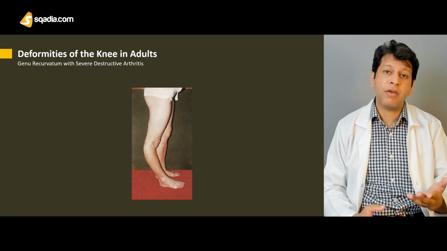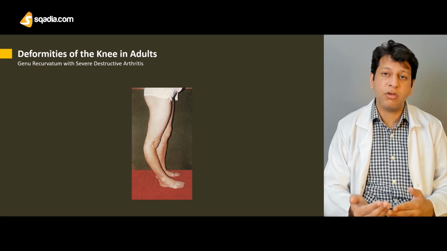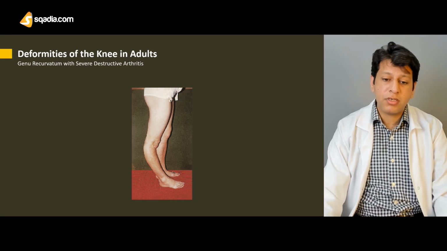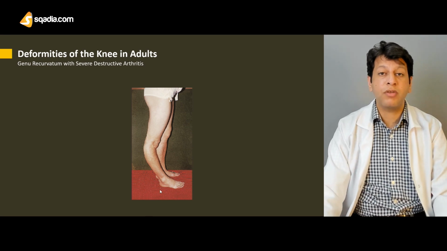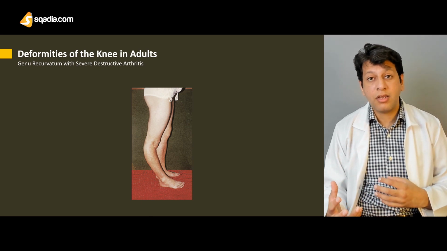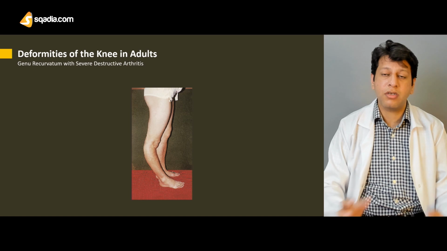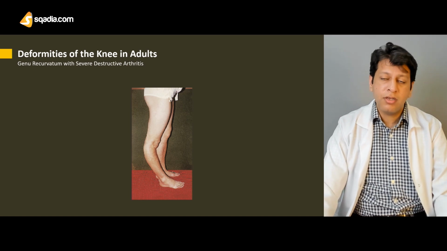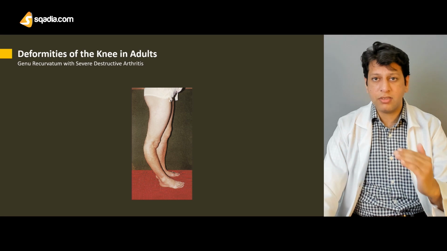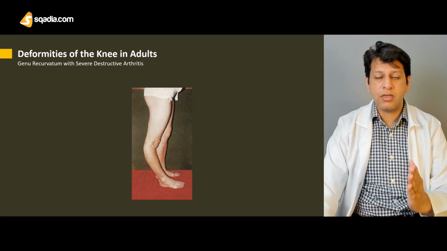If the patient may have arthritis along with the genu recurvatum, but the patient also has underlying poliomyelitis and does not have well-developed muscles at the ankle joint, then doing a TKR in that case would be more of a disaster rather than doing any good to the patient. Therefore, whenever this patient comes to you, you have to analyze as a whole what